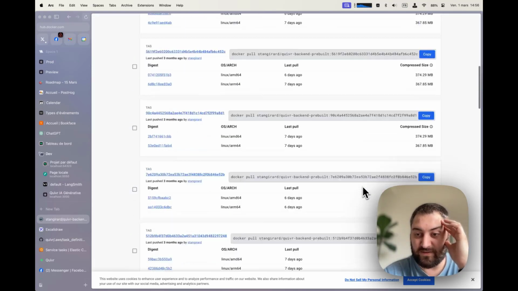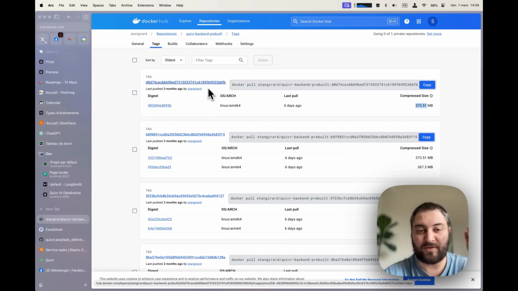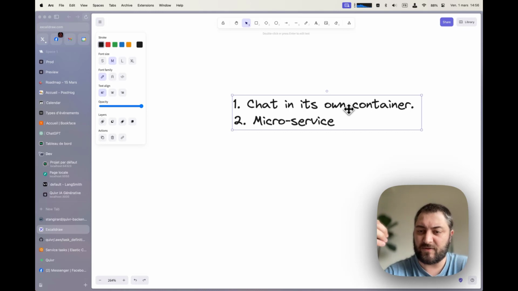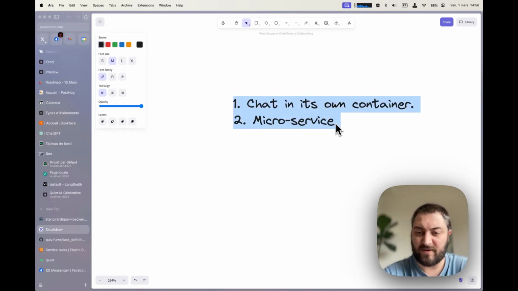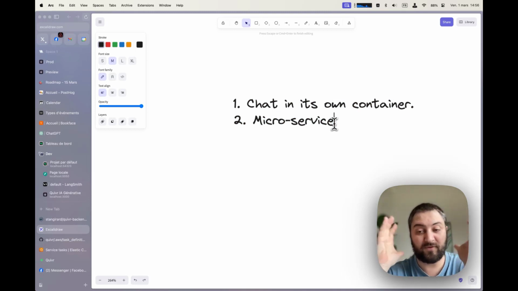So that's a huge difference, because we kept adding features and needed to install more and more packages and more and more things into the default container. So first thing, put the chat in its own container, in its own instance, on a Lambda, whatever you want. Try to do microservices. For chatbots, you don't want to put the code into your monolithic app, because if you have too many users at one time, nothing will respond.